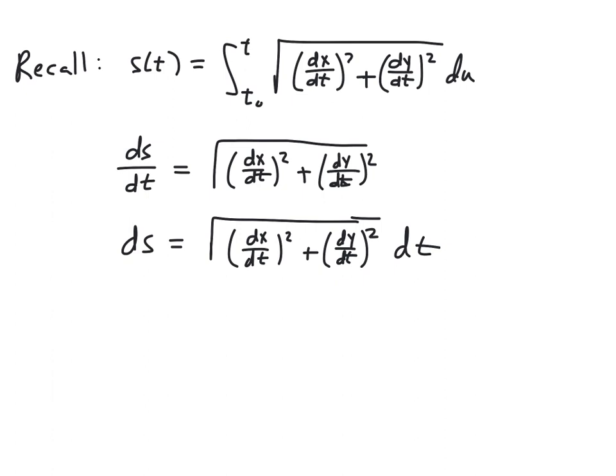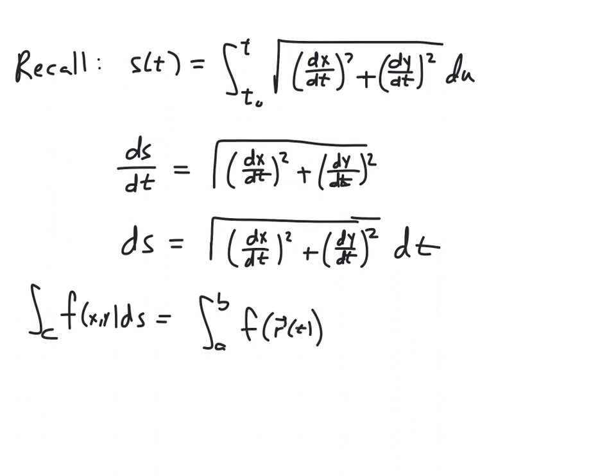And so with this description, we can actually now write the line integral of f of xy over C, ds, as the integral from a to b of f of the vector function r of t that gives us the curve, times ds, which is this expression that we just developed, the square root of dx dt squared plus dy dt squared, dt,